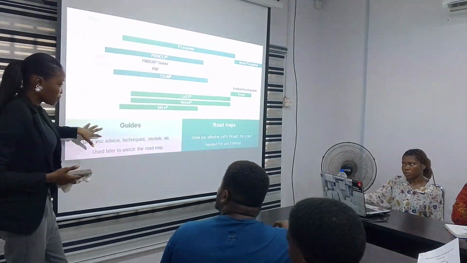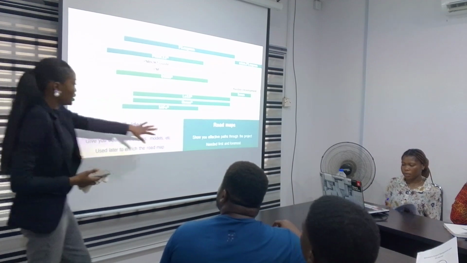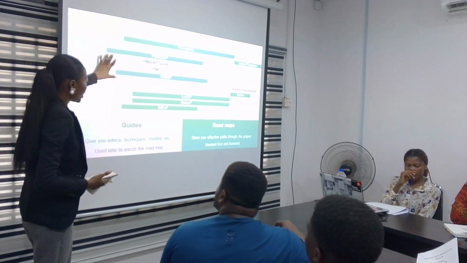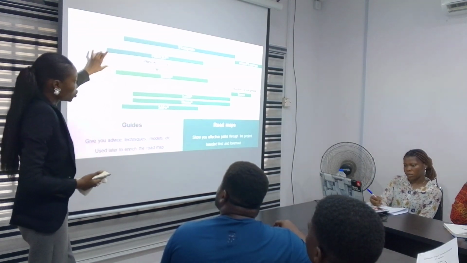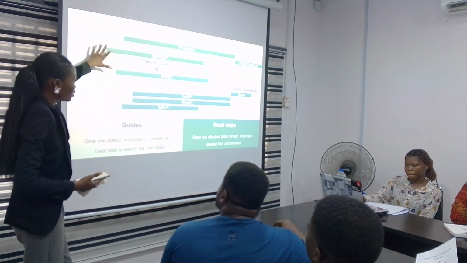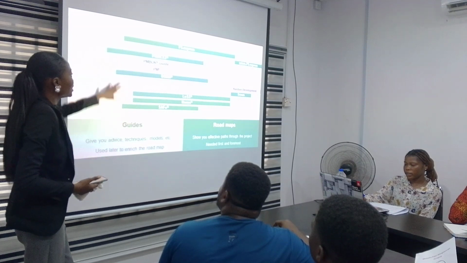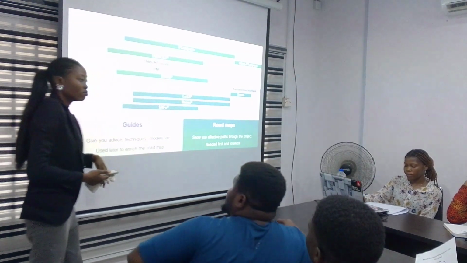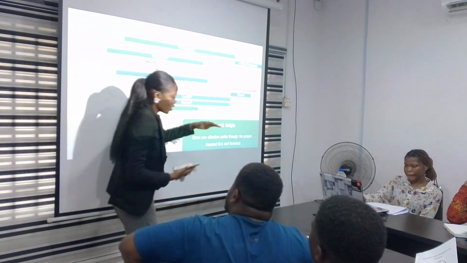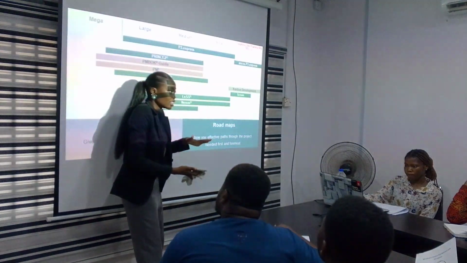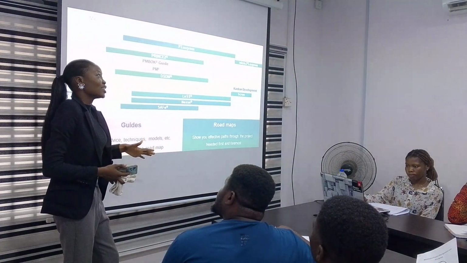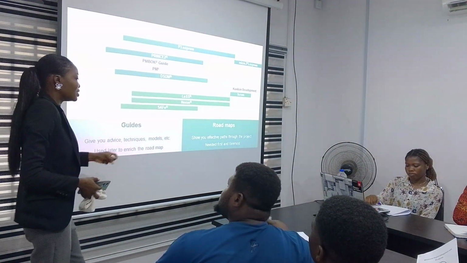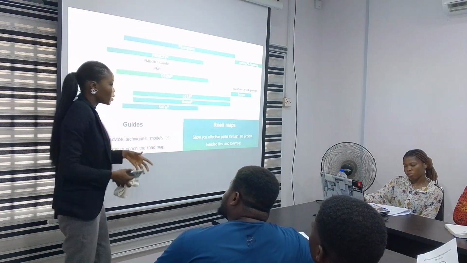What color is this? This is gray, right? This is like green, right? So wherever you see gray, it means that those are guides. So can you tell me one guide you can see here? PMBOK. Awesome. So it means PMBOK is a guide. And this guide just gives you advice. Now this PMBOK guide, I think I have one in my room, so it's usually big. That is like the dictionary of project management kind of thing. It gives you a lot of guidance. But most times, these things are too complex to be able to say,